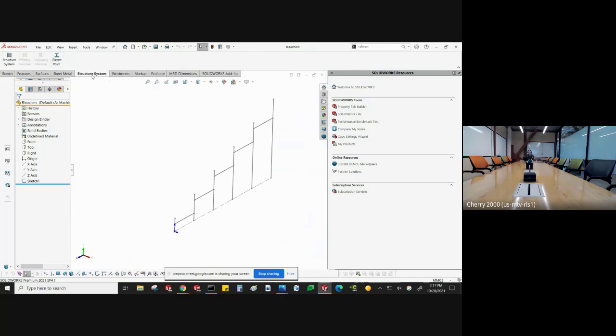I got this structure system tab, and you're wondering where all the tools are. There aren't a whole lot of tools to this. And what it does, I turn it on, you can see that I'm in this structure system mode. I only get to pick two different cross sections. I get a primary cross section and a secondary cross section. The primary cross section,